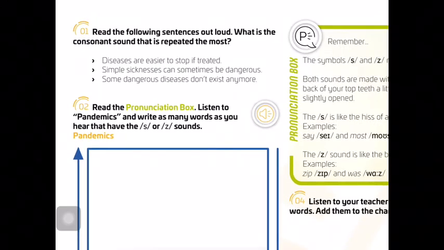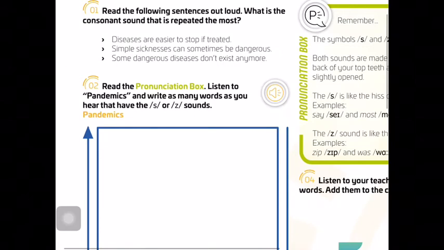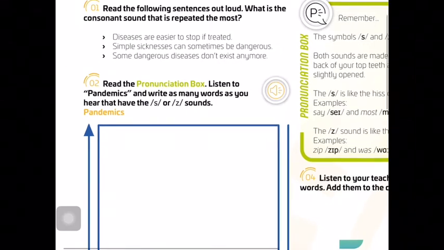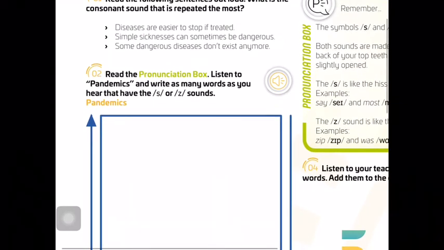Read the following sentences out loud. What is the consonant sound that is repeated the most? Diseases are easier to stop if treated. Simple sicknesses can sometimes be dangerous. Some dangerous diseases don't exist anymore. What is the sound that is repeated? Exercise 2. Read the pronunciation box, listen to pandemics, and write as many words as you hear that have the